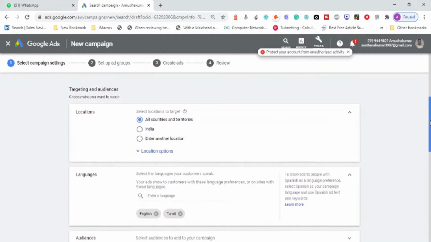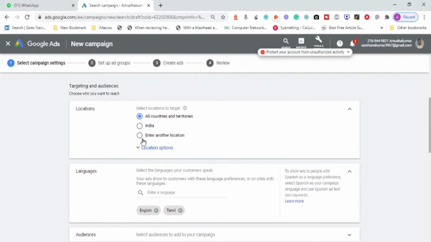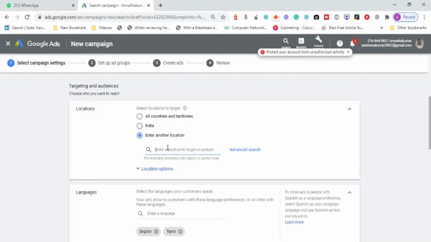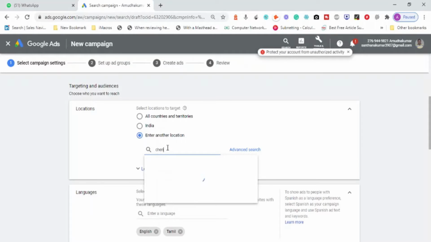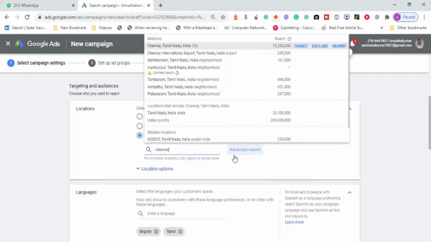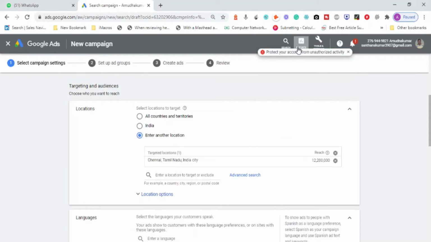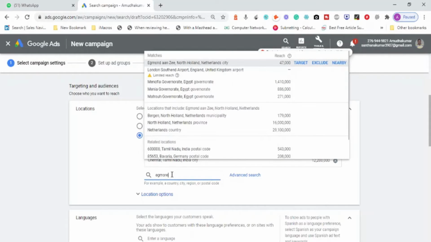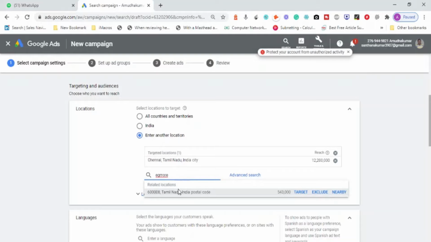In the location targeting, you can enter the location of your choice. Let me say I go with only Chennai. Again, click on Chennai to target. If I do not want to target an area in Chennai, let me say Egmore, I can start typing Egmore, and it shows the pin code or postal code of that area, and instead of target I will click on exclude.